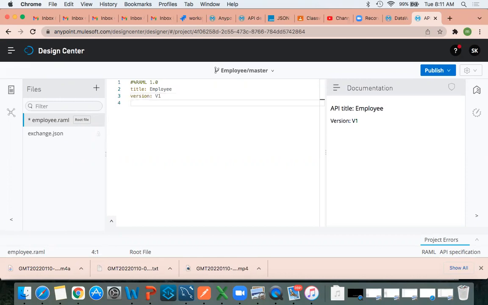Next, protocol and description. Description also, in real time they will provide.